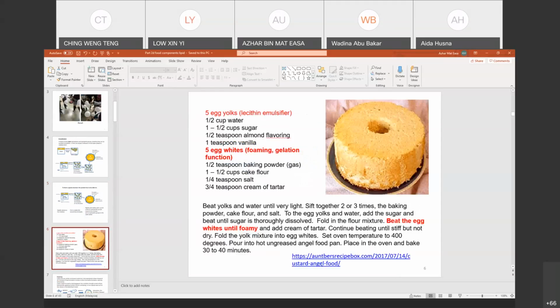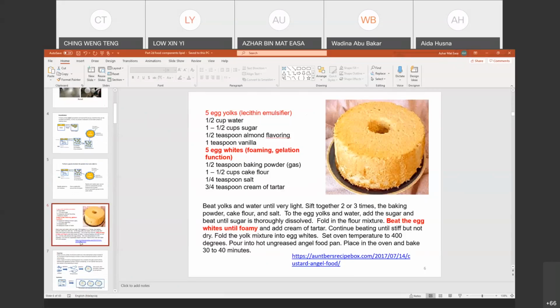This I got from the internet. Angel food cake. You have egg yolks. I think they use it as a lecithin. Lecithin is a good emulsifier. And then they use 5 egg whites. So you know now, egg white has a lot of protein. And that protein can function as a foaming agent, as gelation agent. Okay, so you beat the eggs, and then the eggs will start